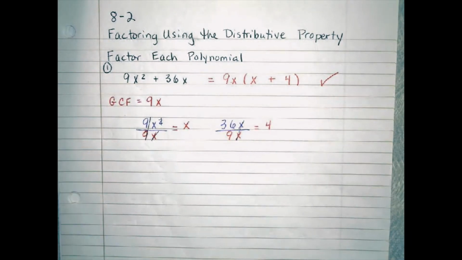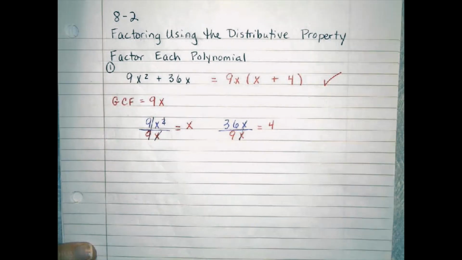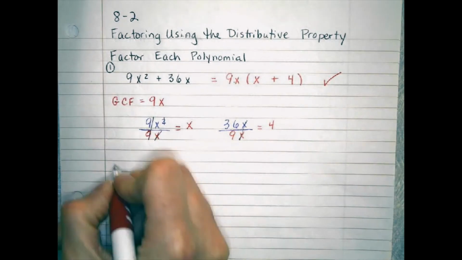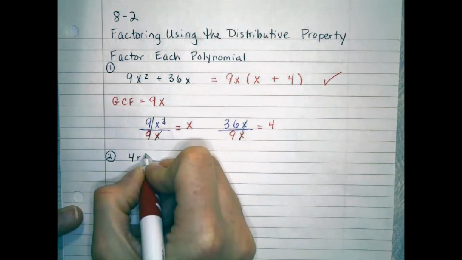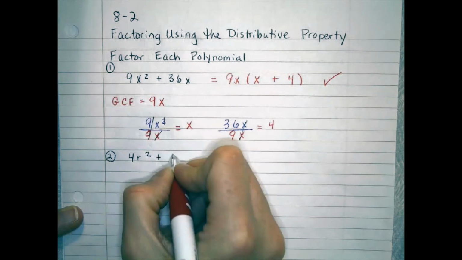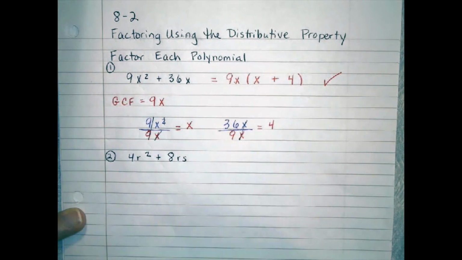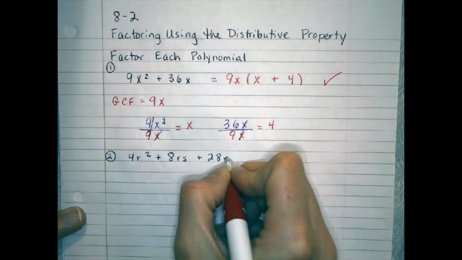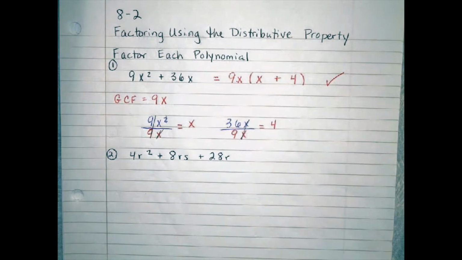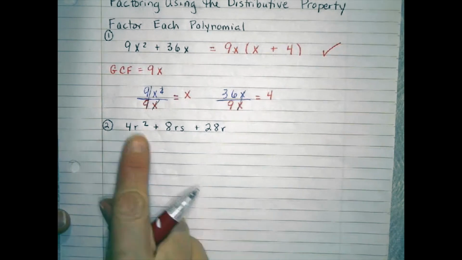Sometimes I have a trinomial, so I have more terms to consider. So in my next example, I'm going to factor the trinomial 4r squared plus 8rs plus 28r. So the first thing I need to do is take a look at 4, 8, and 28